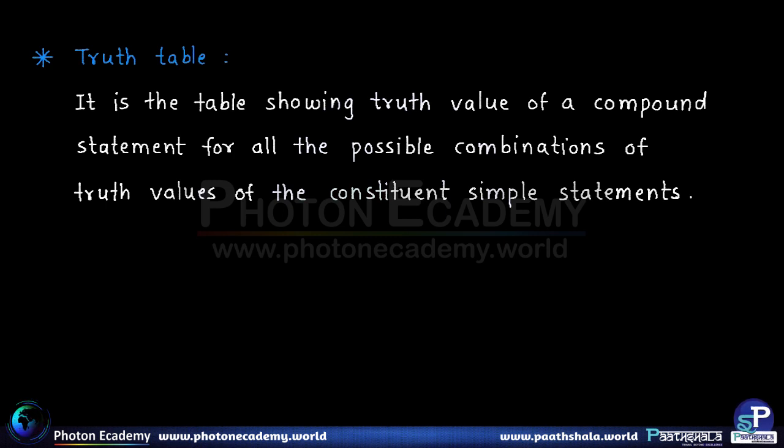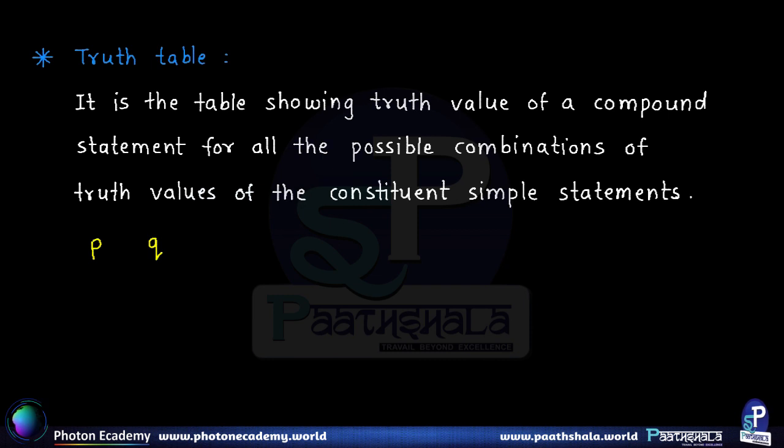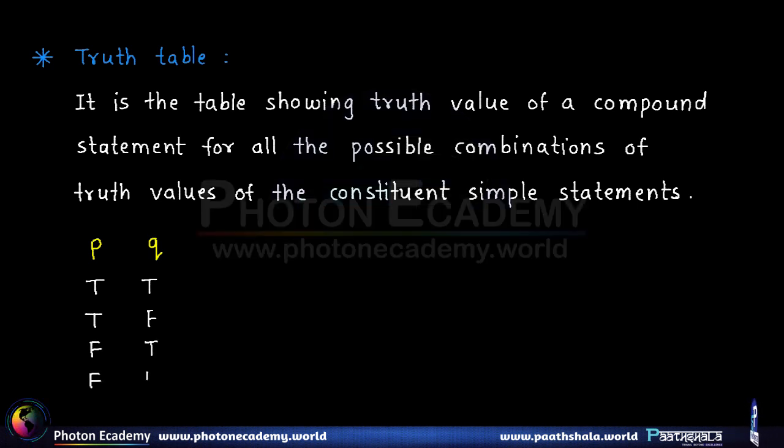Now we'll quickly see the different possibilities of truth values when we have just two simple statements connected with some connective that we'll see later. At least let us list down the different possibilities. They can be written simply as: both true, first true and second false, first false and second true, or both false. There is no fifth possibility. These are the only four possibilities.